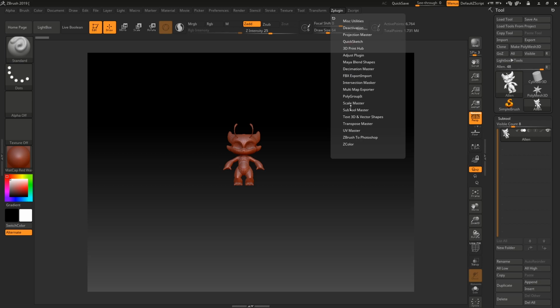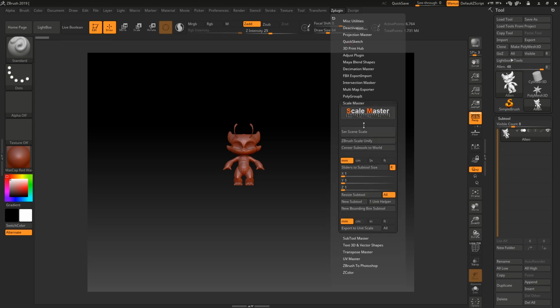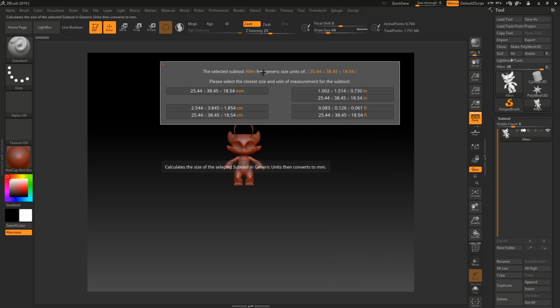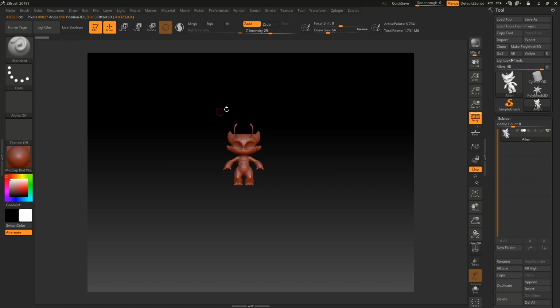I'm just going to use them up here, and I'm going to go to ScaleMaster. Now ScaleMaster is really good for this stuff. The first thing I'm going to do is set the scene scale. Okay, and so what this does is it says, okay, your alien is this big. What is it closest to that's comfortable for me? Now usually it's the bottom left one, so I'm going to say yes, this one,